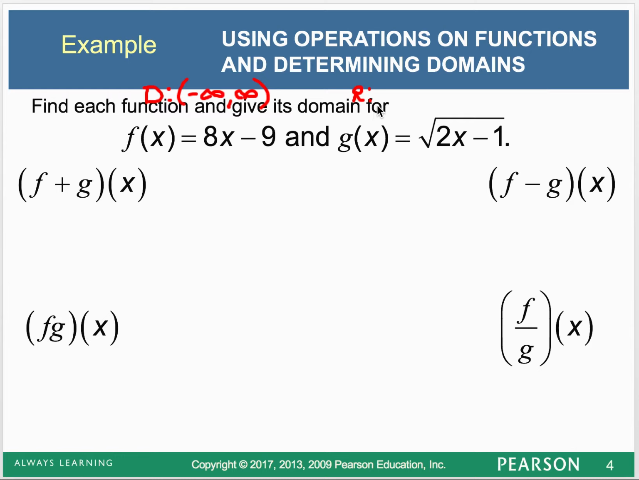I do have a problem with my domain. So remember, when we're doing that, if it's the radical, you can't take the square root of a negative number and stay in the real numbers. So I would say, well, whatever's underneath there has to be greater than or equal to 0. So if I solved this little inequality, I would find that x then must be greater than or equal to 1/2. So my domain is 1/2